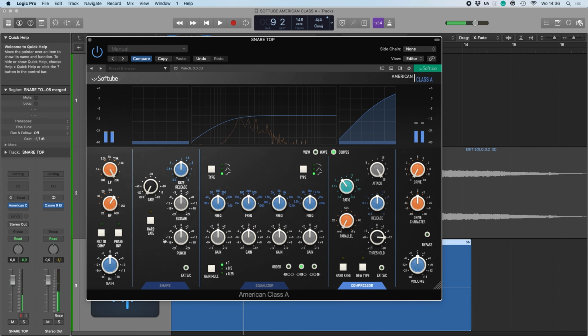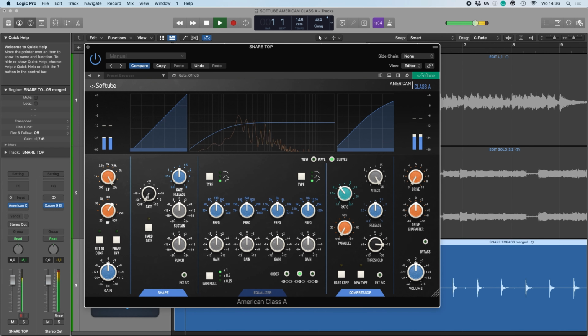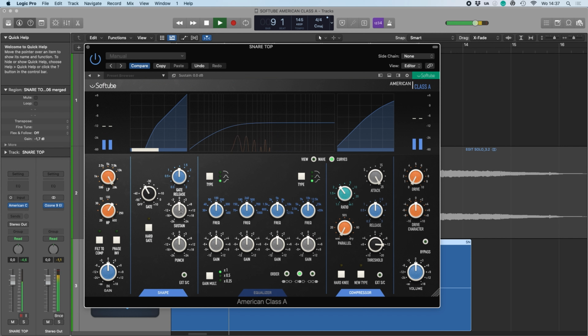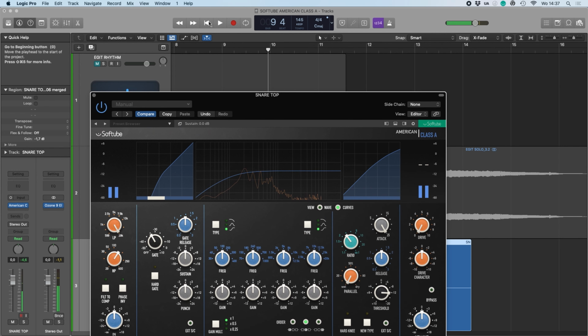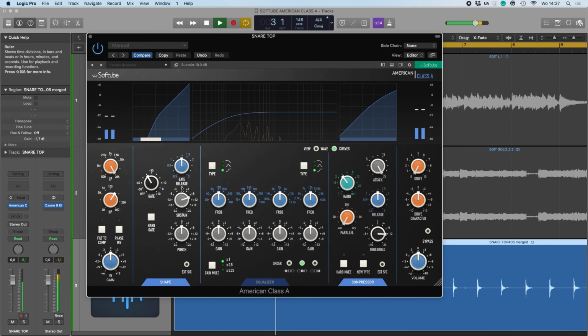The nice thing about a plugin channel strip is that you have access to gates. Let's see what the gate does on this source. There's also a built-in transient shaper. So you can add sustain. It's a bit weird on this source, but